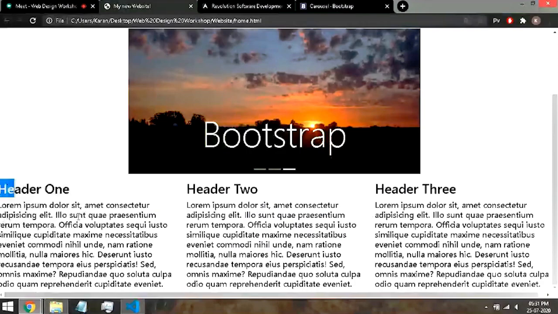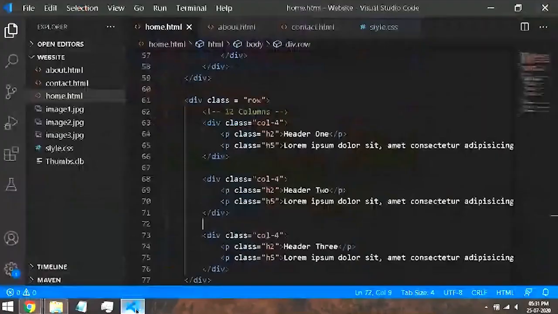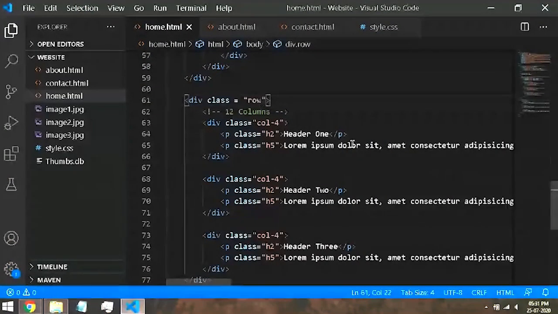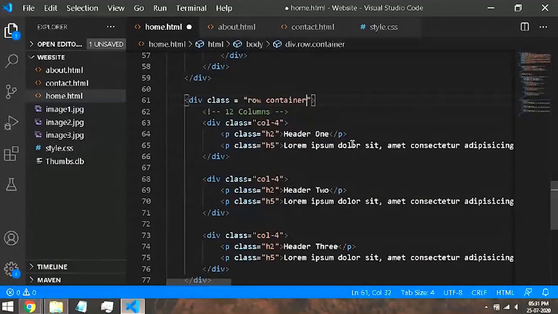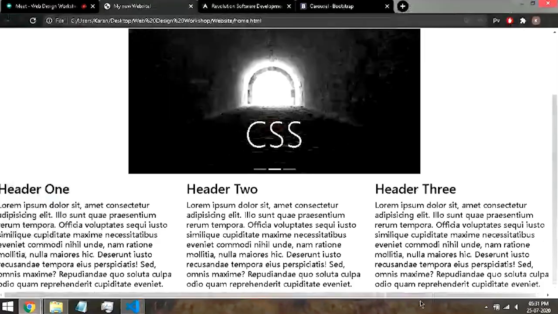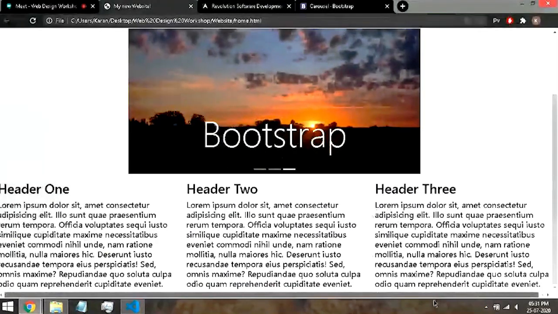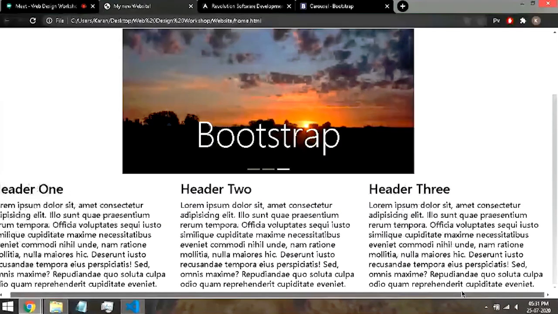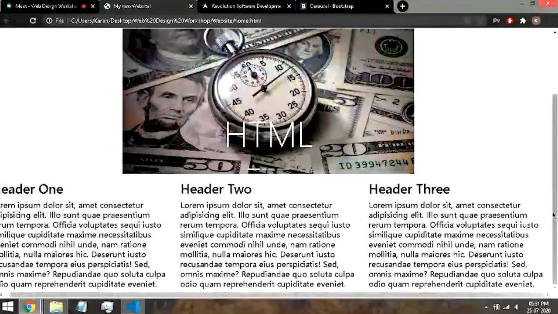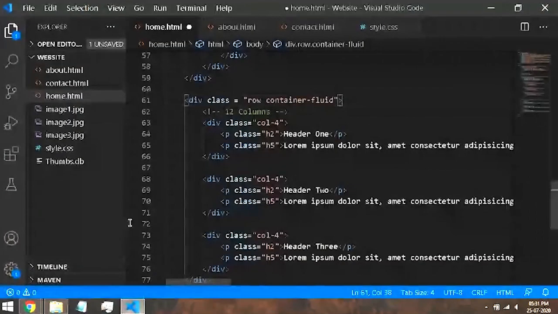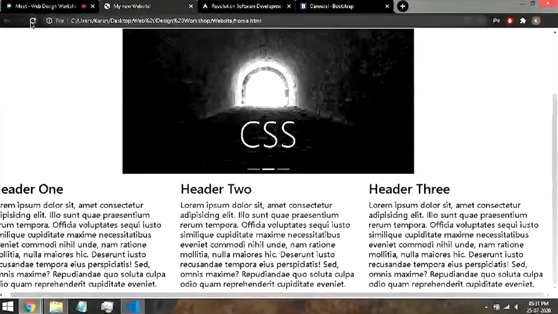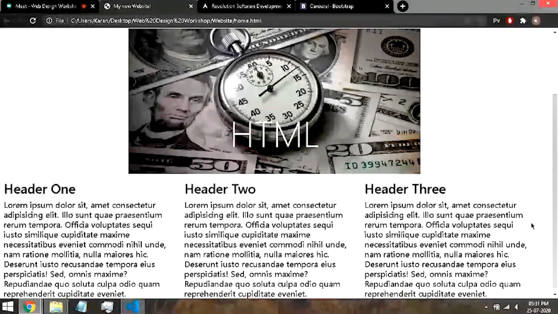So yes, now we added this. It's not looking that good. So let's add new classes to make this good. So first I will add this class of container-fluid. Now you can see this text is overflowing a bit. I don't want this scroll bar at the bottom. I don't need that. I want this to occupy only this much space, not overflow. So if I say container-fluid and if I hit save, the bottom scroll bar was gone and it is occupying only this much, the 100% of the width.